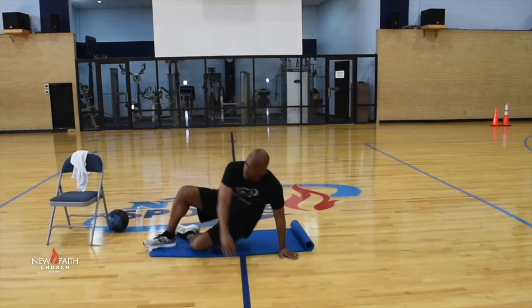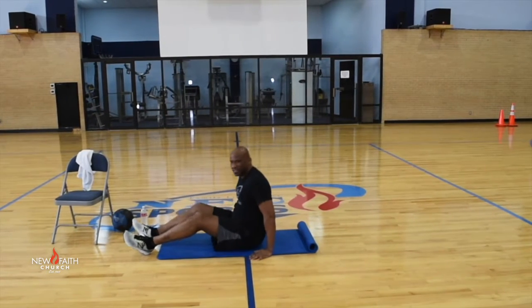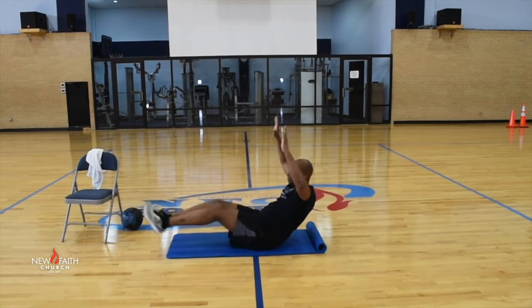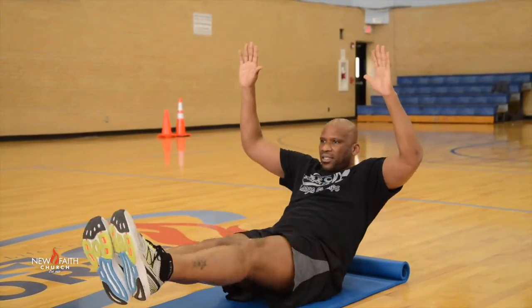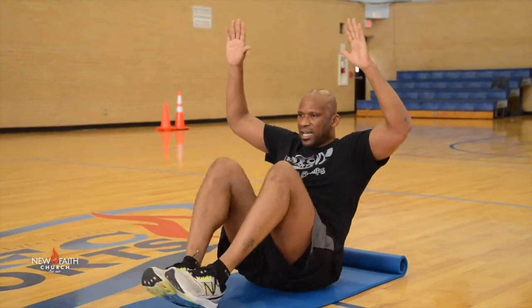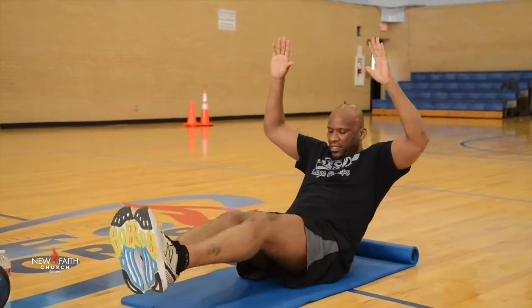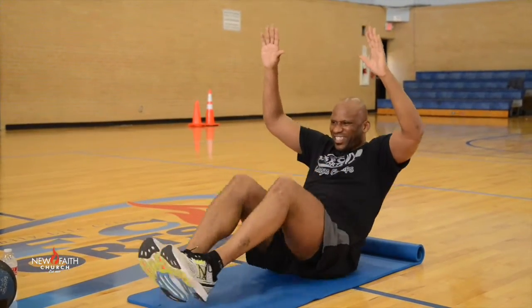Again, our simple core exercise, leg extensions. I like to go with my hands up, going in. I'm going to do 20 of these as well. Here we go. 1, 2, 3, 4, 5, 6, 7, 8, 9, 10, 11, 12, 13, 14, 15, 16, 17, 18,